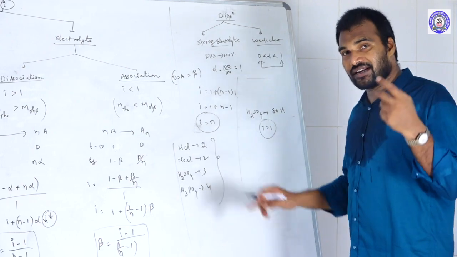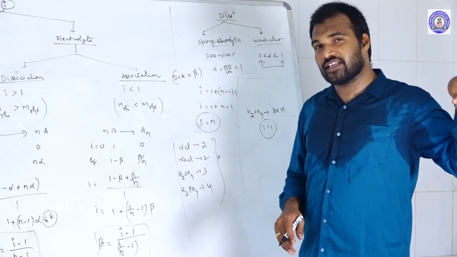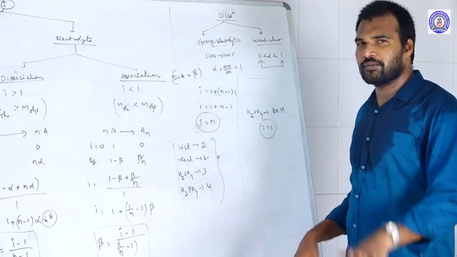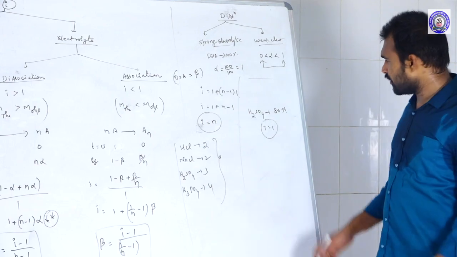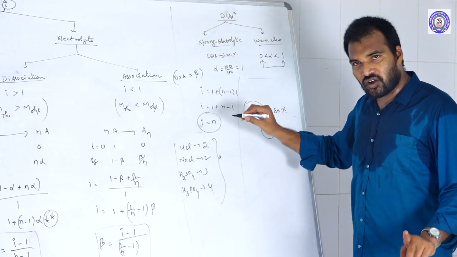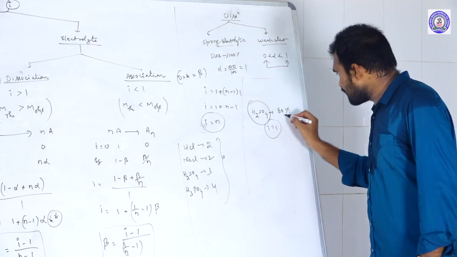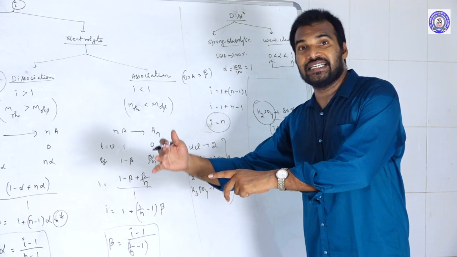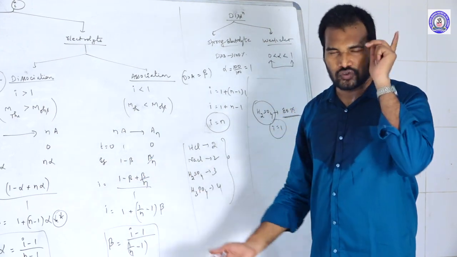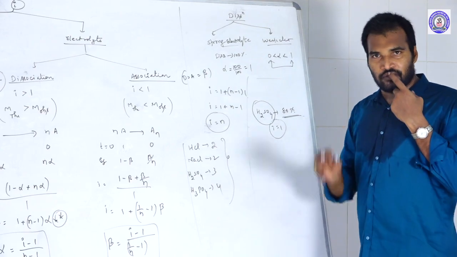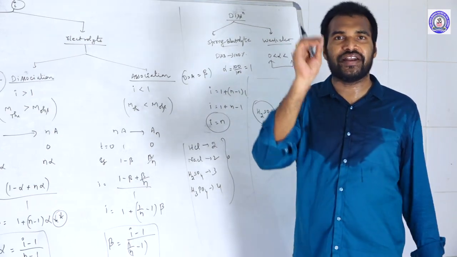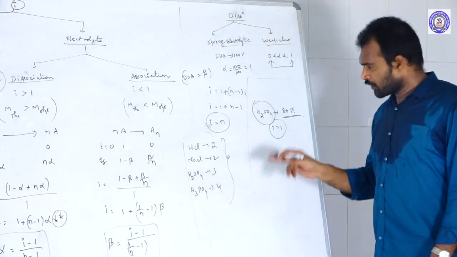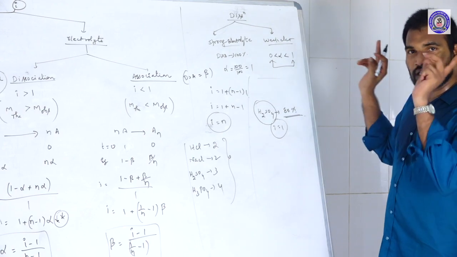Now tell me, you may get a doubt. H2SO4 means a strong electrolyte. In case of a strong electrolyte, the i value is equal to n. So for H2SO4, n is 3, i value 3. Generally, people make this mistake here. But remember, even if the substance is a strong electrolyte by nature, if they mention its dissociation as 30%, 60%, or even 99%, you should consider it a weak electrolyte. We call it a strong electrolyte only if it is 100% dissociated or associated. So since it is 80%, it should be treated as a weak electrolyte.